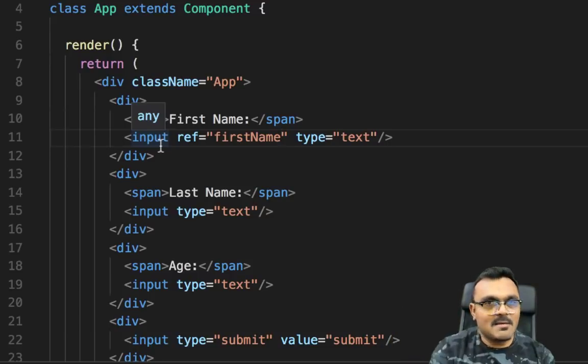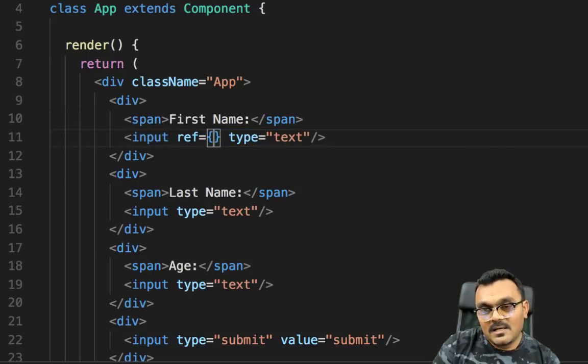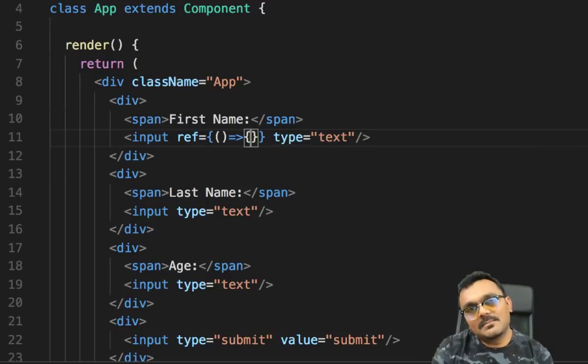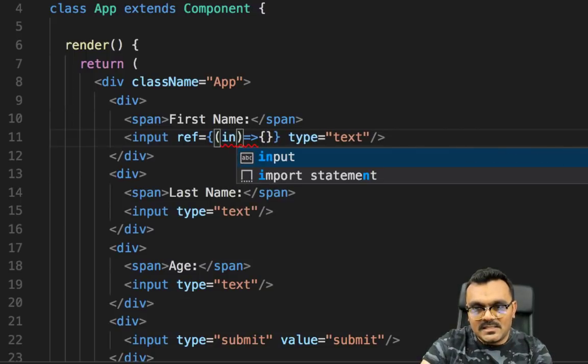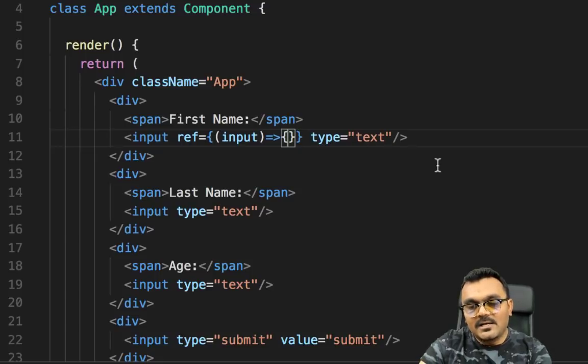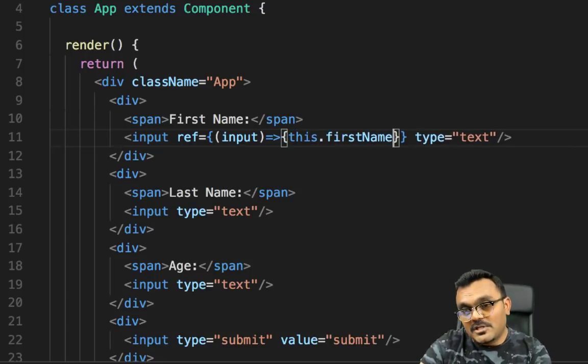But this is deprecated. You cannot do that anymore, so do not use it. Instead, you need to use a callback function. The way you would write it is just a function that sets some sort of property for this class. So let's say we call it input, and inside we create a new property called first name,